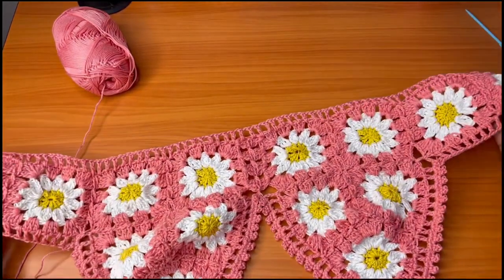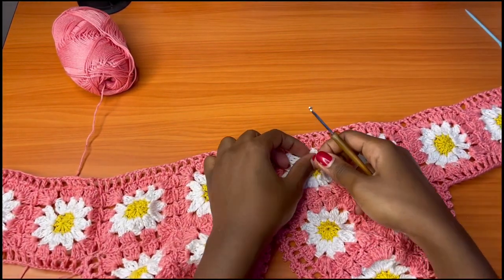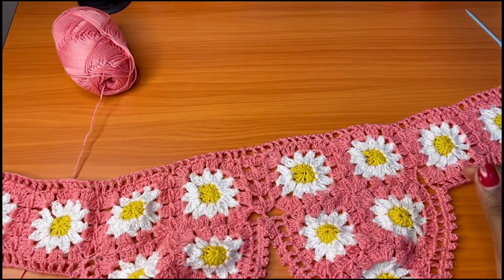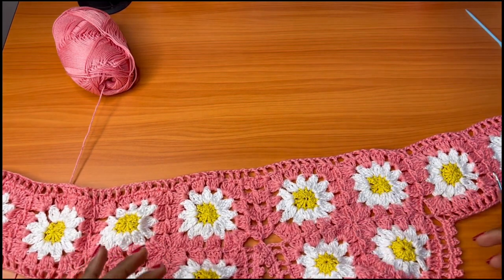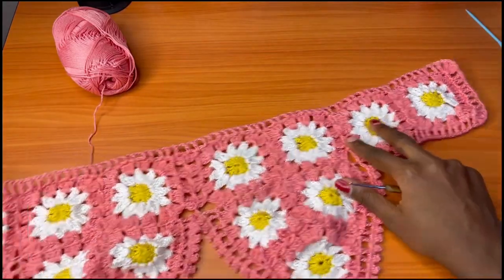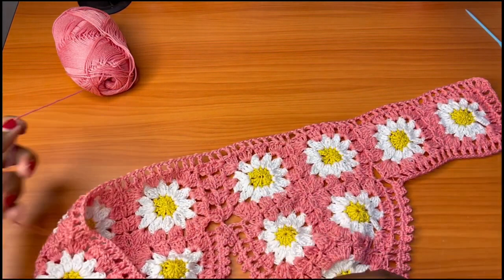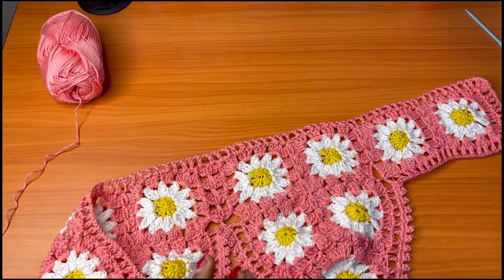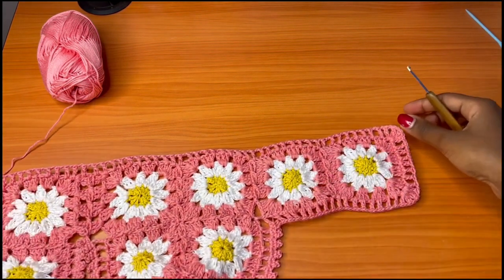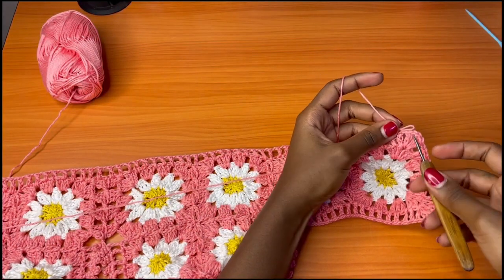The next thing that I'm going to do to my work is to work one last row at the base of my work, because this can be mesh, that's okay, but I don't want to leave the mesh at the base of my work. So I'm going to reconnect my yarn at the very corner of my base of the band here in the middle,